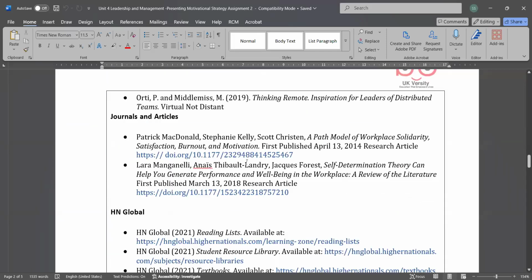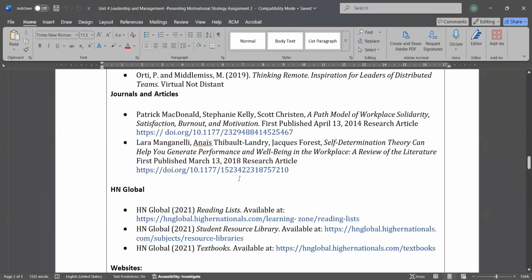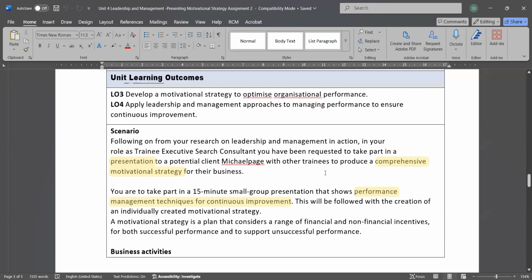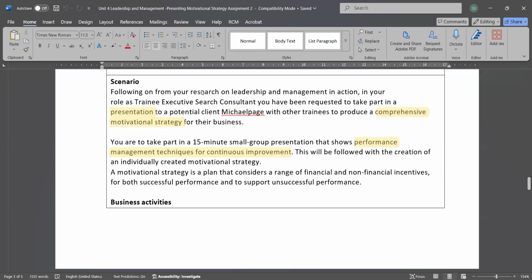So yeah, these are some reading websites, textbooks, journals and articles. Okay, so you can read these resources to do your assignment. The scenario we have already done, but I will be opening my Word document with the scenario. I will share that document because I copied this one into the document. Just give me a sec, please. Okay. If you have any question, just stop me in the middle and then I can brief you then and there. But hopefully it is an easy part. It's not very difficult.